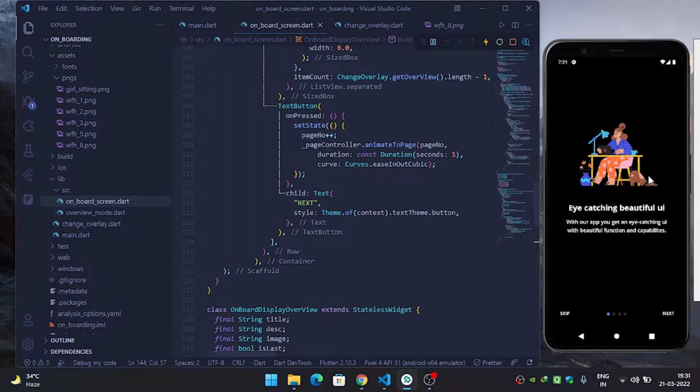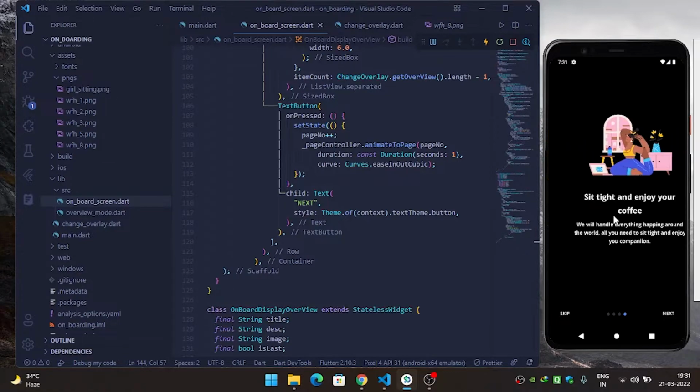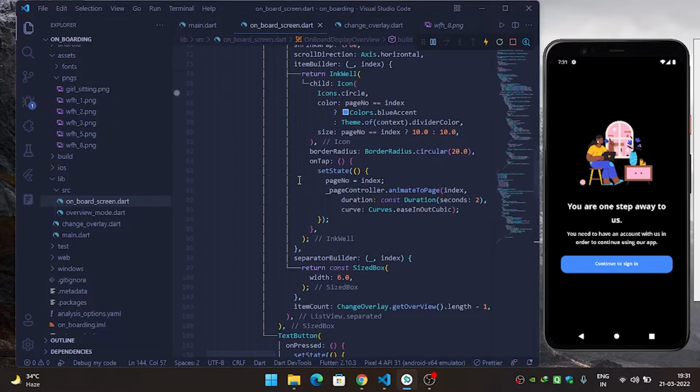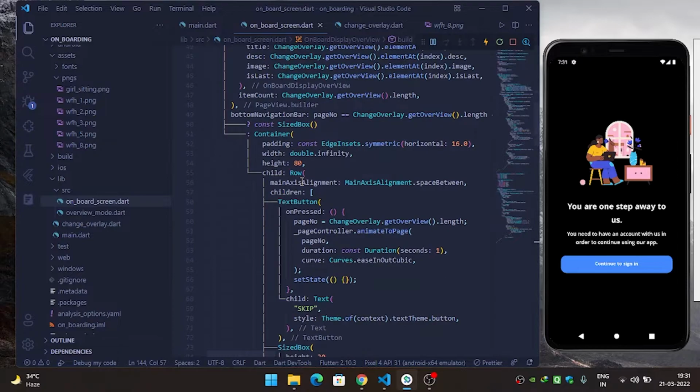In the previous video we built the onboard UI like this. In this video we will continue with the same, and we will build a liquid swipe animation for the onboard UI which was shown previously. So let's get started. Instead of continue to sign in, here we will use